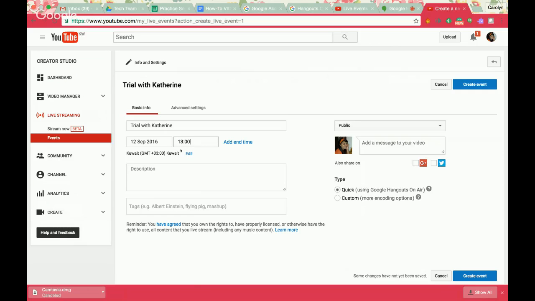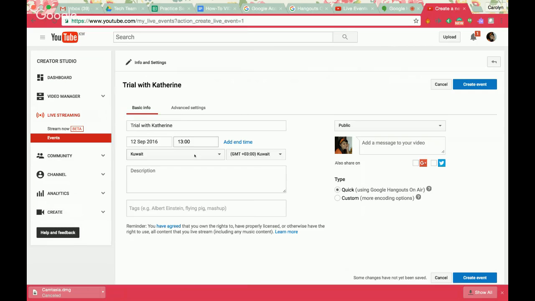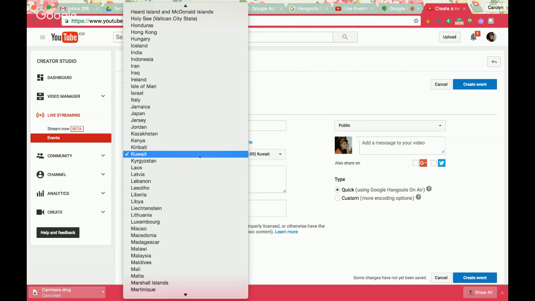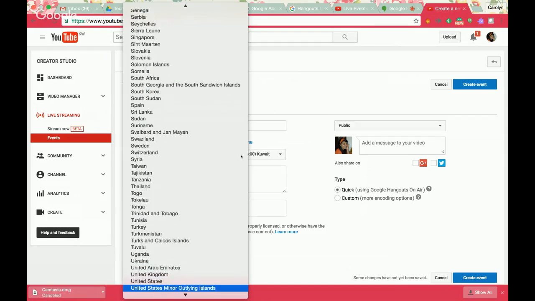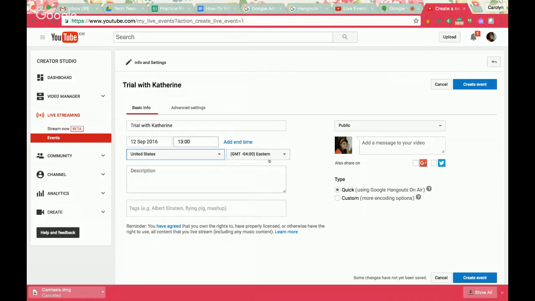Please make sure that your time is set to the time zone you are in. I am just going to be setting it to United States, I think United States Eastern would be just a standard time that we can all set up at, but whatever is convenient to you. So once you've set up your date and time, the next thing you want to look at is